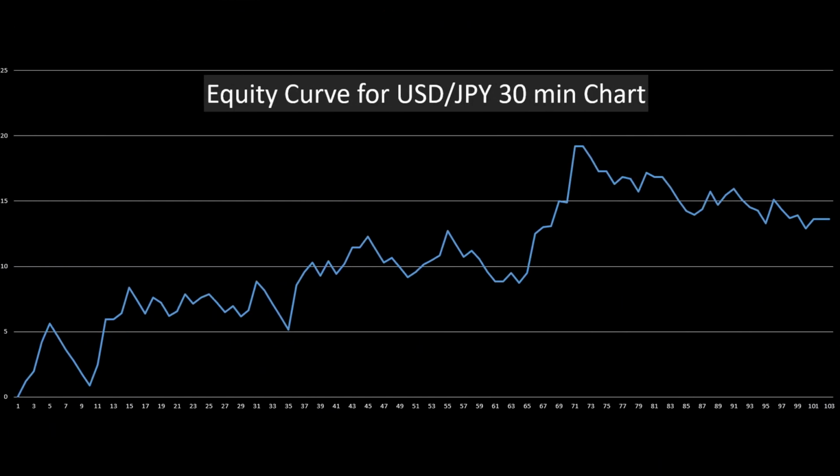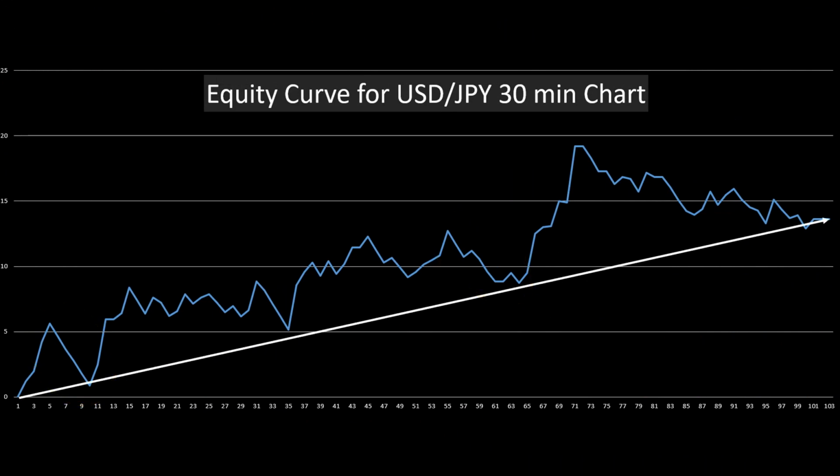Here you can see the strategy's equity curve over the series of 100 trades. Well, this is not the best equity curve I have seen, as it has multiple big drawdowns like here or here, but the overall trend is moving to the upside, so it's still a decent one. With the two optimizations I found and tested, I was able to make this equity curve more steadily uptrending and